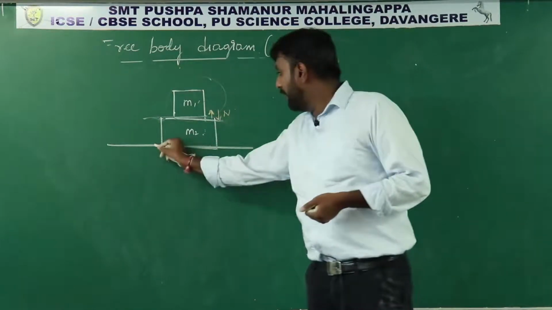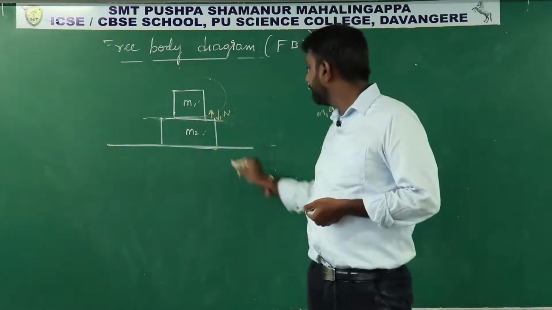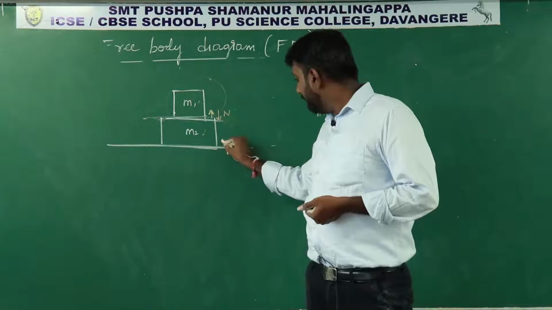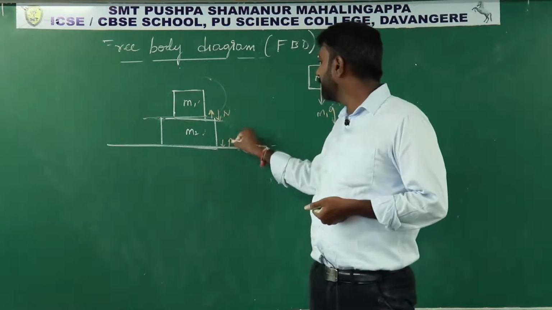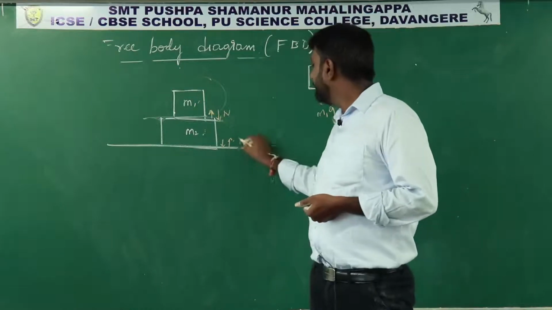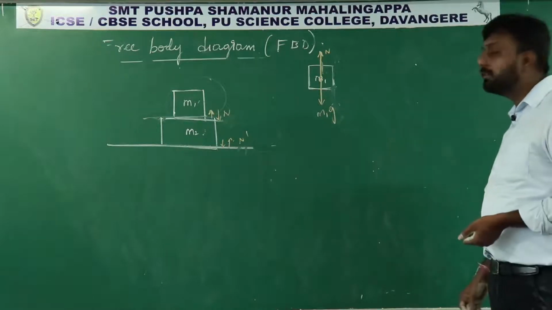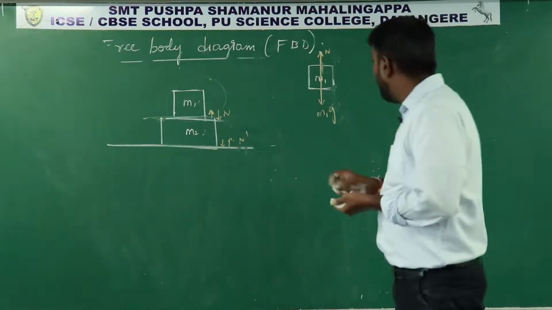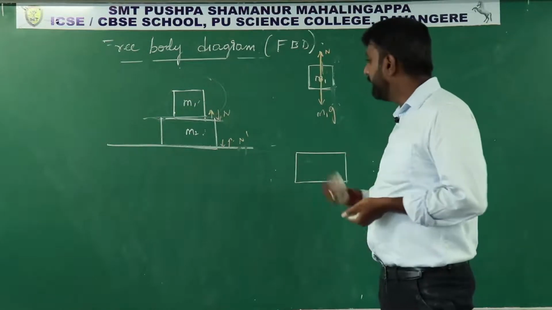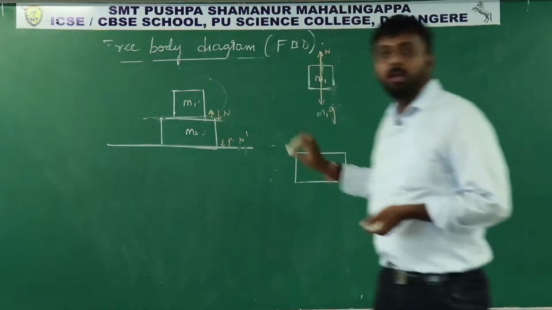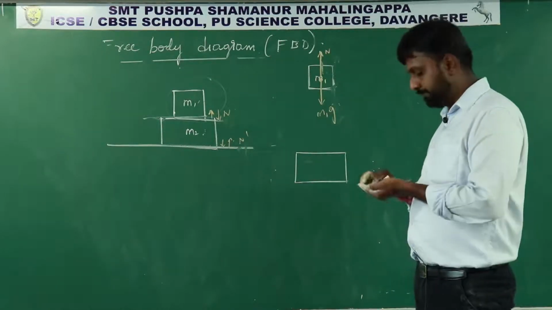And again, normal force means at this contact surface, m2 is applying normal force on the surface in this direction. The surface is applying normal force on m2 in this direction. Let us take it as N dash. So similarly, separately I am drawing. This is the force acting on m1 block. And if I see the forces acting on the second block, now this is my system. I will free it from other bodies. Okay, that is the first step.